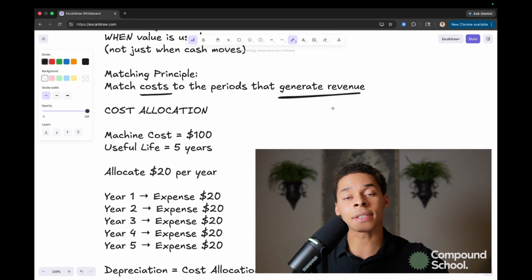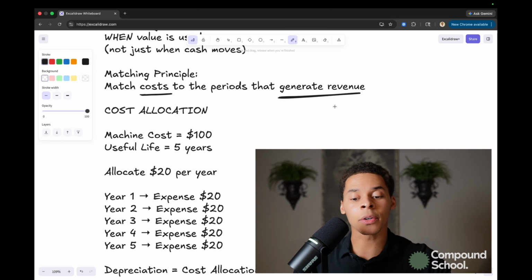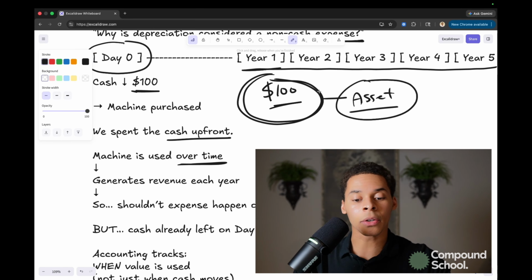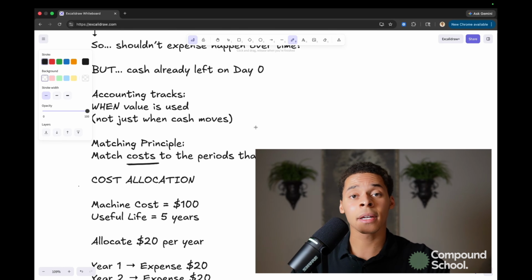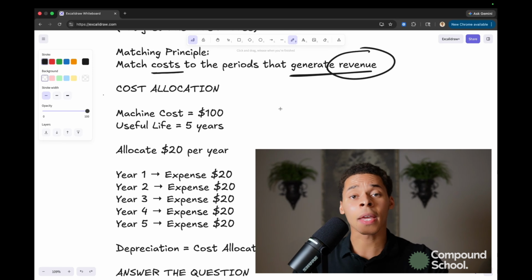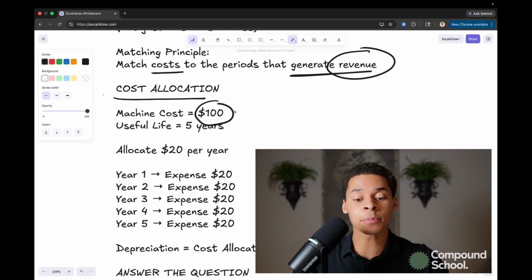What I mean here is that when we incur a cost, as I stated earlier, when we incur this $100 outflow of cash, we're not immediately going to expense it. We want to expense this cost, or record this cost on the income statement as an expense, as that cost or as that purchase, the thing that we actually paid money for, generates value for us, okay? That's the core idea. And this process is called cost allocation, okay? So we have a machine, it costs us $100. We don't immediately expense it. We record it on the balance sheet as an asset.